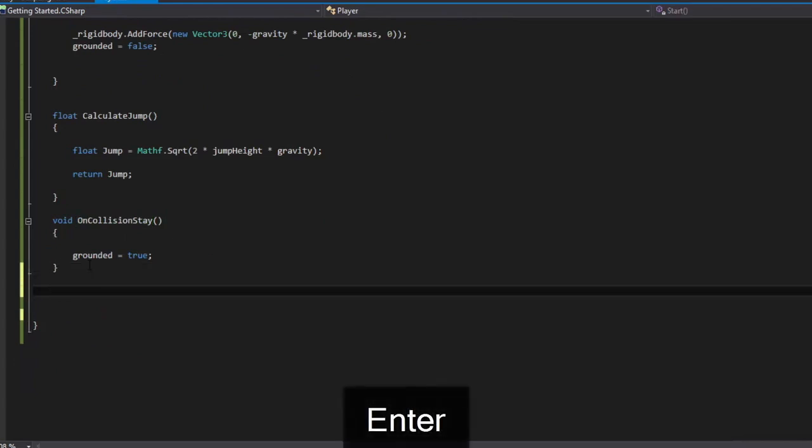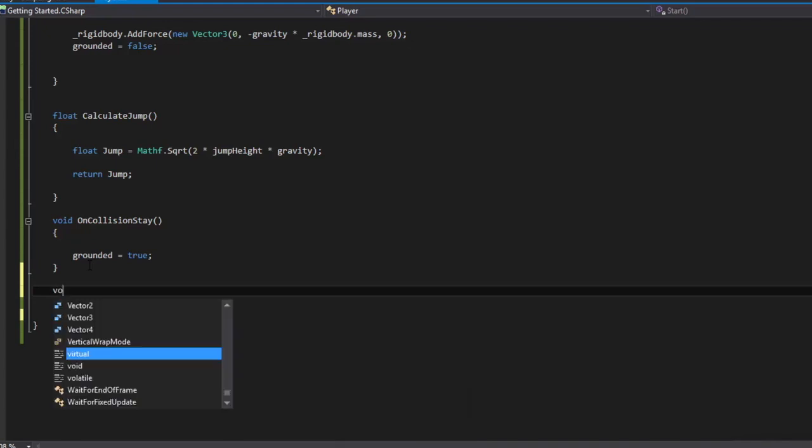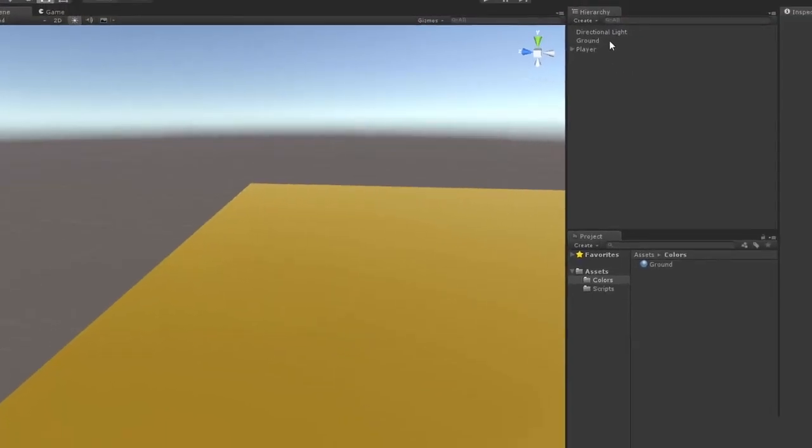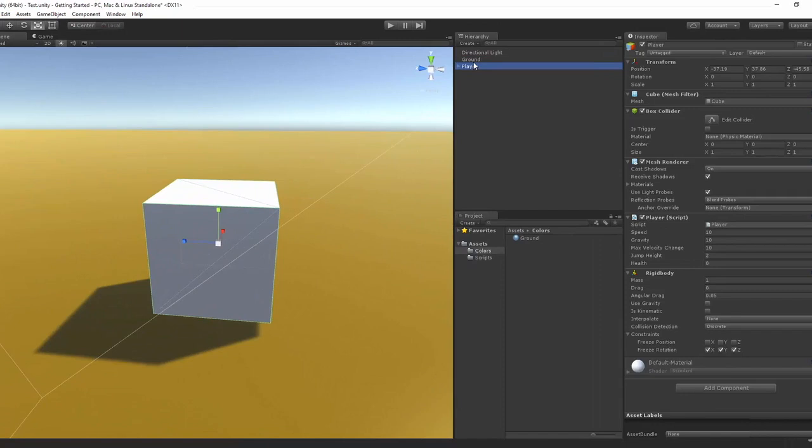So, on collision is a void. It doesn't return anything, so we're going to do void, and it's going to be a special on collision. It's actually not a collision at all. It's a trigger. Now, what's a trigger? Well, here you go. In our scene, we have a box collider, and there's a little checkbox called on trigger,